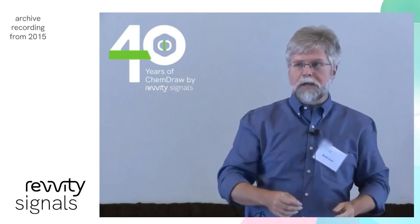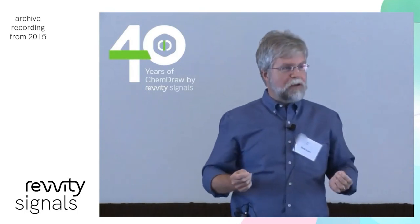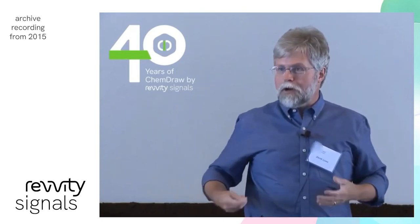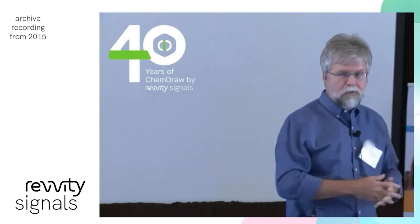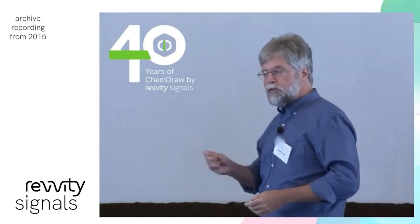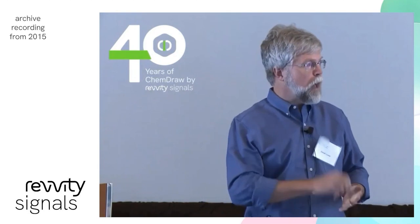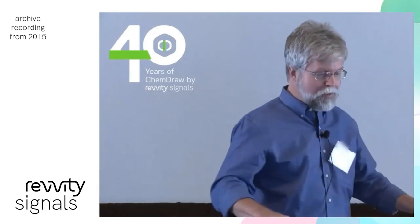onto a floppy disk. Now, the phrase killer app gets used a lot. It's a cliche. But these days, when everyone is surrounded by hardware, when everyone has smartphones and laptops and computers everywhere, you have to remember what the original idea of a killer app was. A killer app was something that made you go out and buy the hardware. It made you go out and buy something you didn't even have anything like because you had to have this